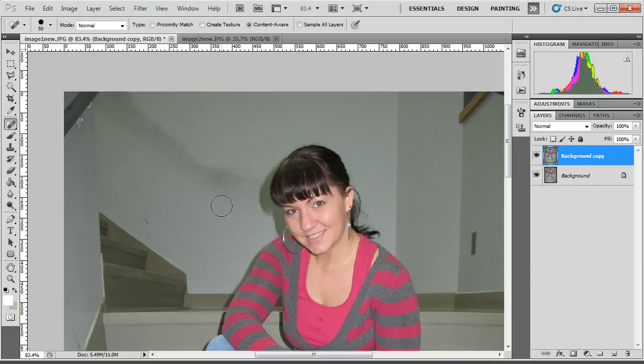Now, if you do this a lot slower, you're going to get rid of these color shifts and tones. They'll go away a little bit more. The more you play with it, the worse it's going to get. So I'm trying not to do too much, but we're going to try to get it to go away. All right, there's a little something here on the stairs. We'll get rid of that. I don't like this